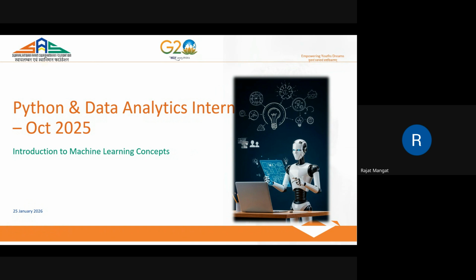Today's topic that we are going to cover is Introduction to Machine Learning Concepts. Machine learning is a later part of data analytics. It is very important to know what machine learning is and what the different types of machine learning are, because these techniques are used to build the models at the end. That is your prediction models. The models that basically interact with you based upon the user data are built using machine learning only.